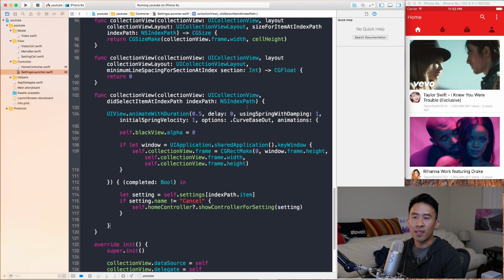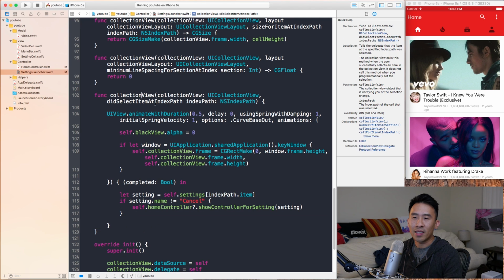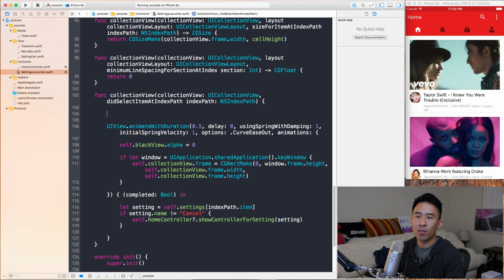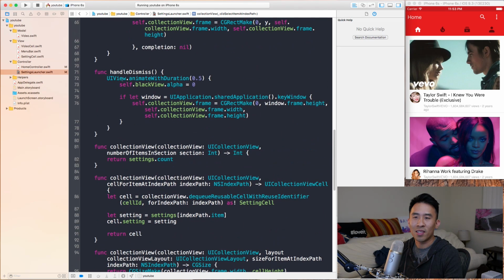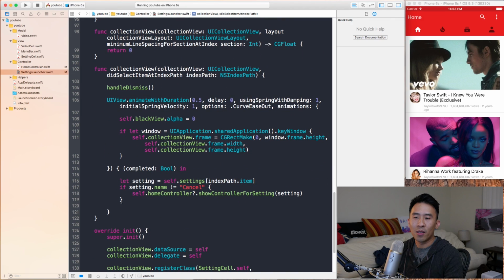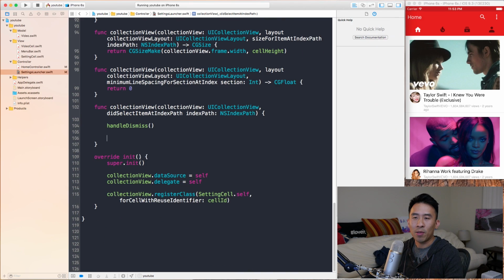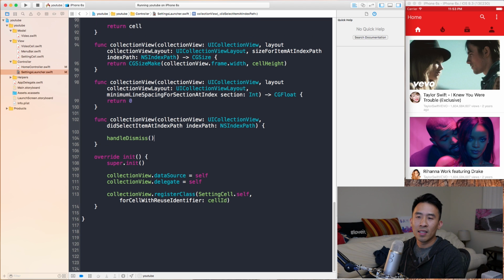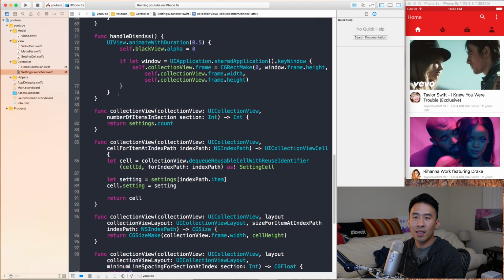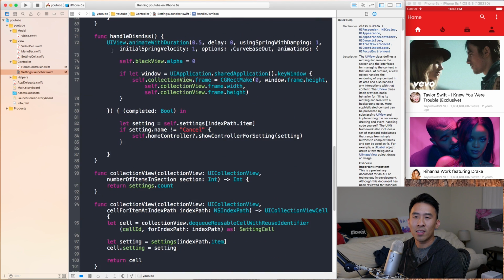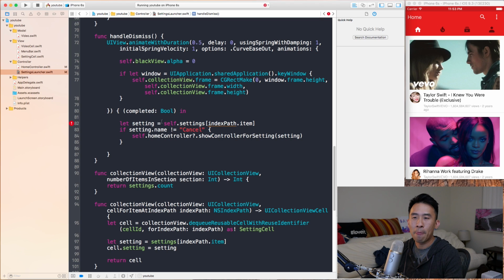So the way to do this is whenever I call didSelectItemAt indexPath, I'm just going to call handleDismiss, and then I'll execute all of this dismissal code. And then when I want to actually dismiss it, I'm going to call that entire block of code instead of just this regular dismiss. I'm going to paste that entire code that we had, and now we're missing this setting